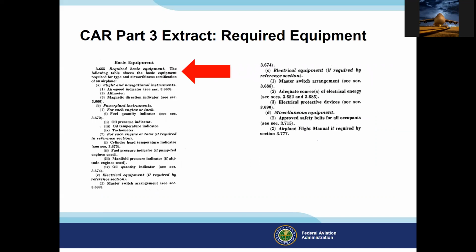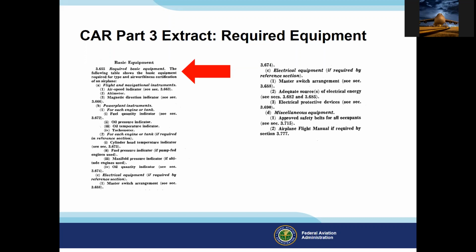And as you can see, the basic equipment must be installed. That means if you're flying, this stuff must be operational. The airplane cannot be flown without this equipment unless a special flight permit, or as you hear, a ferry permit, is issued, because the aircraft is not airworthy with any of the missing equipment. The aircraft does not conform to its type design, and it must be safe for the intended flight if you're going to use a special flight permit.